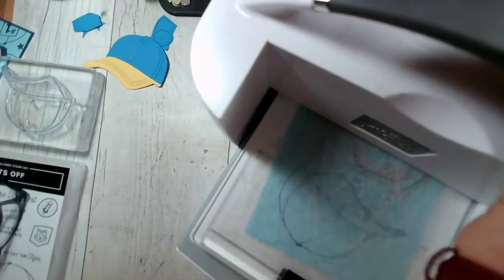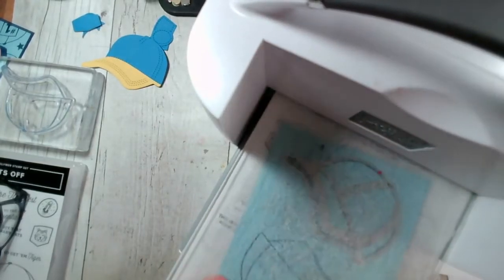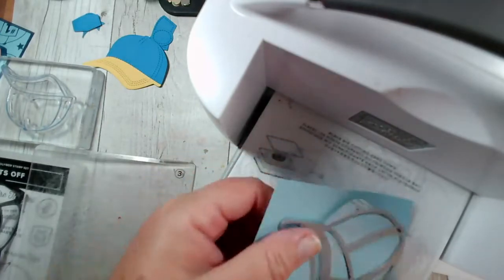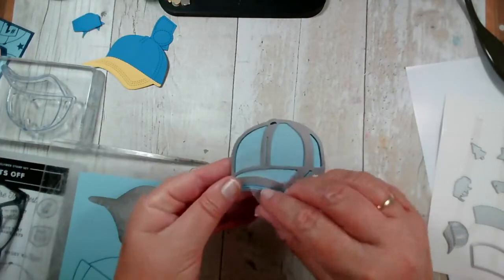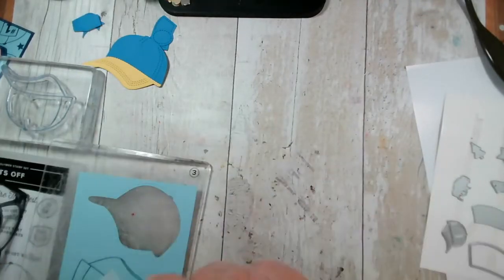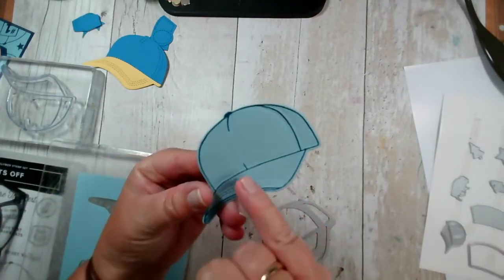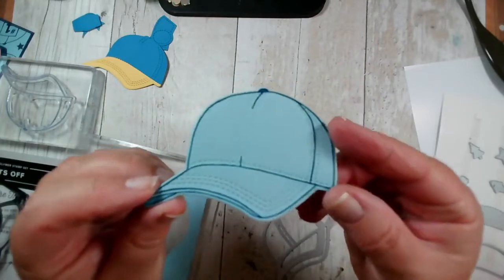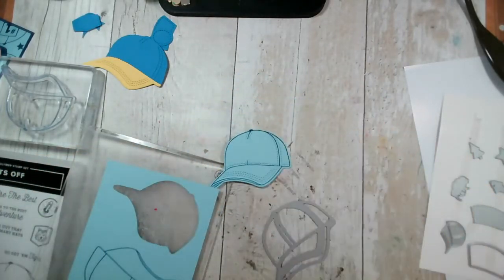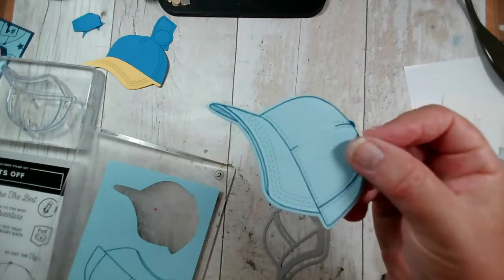Try to do it without getting my arms in your way. Failing miserably. I'm just going to bring this back. Okay, let's move this out of the way for the minute. There we go. Lift that off. And there. If you can see the stitch markings either side, here and along the edge of the baseball cap itself. Let's put my glasses back on so I can see what you can see, like so. Okay,